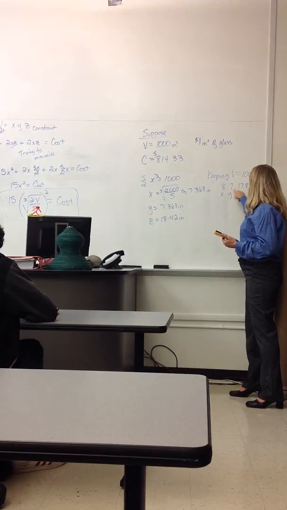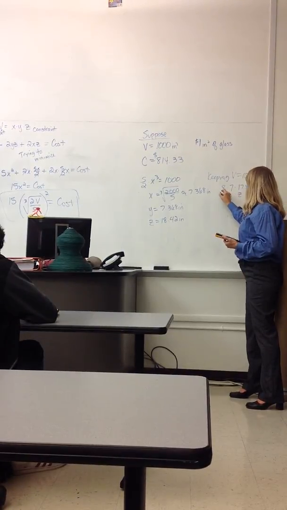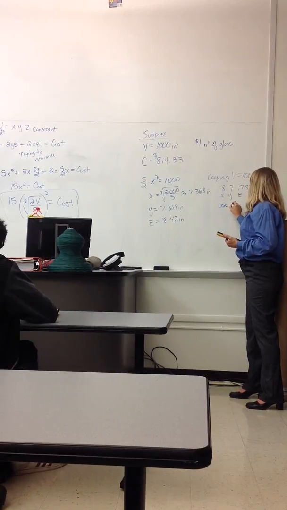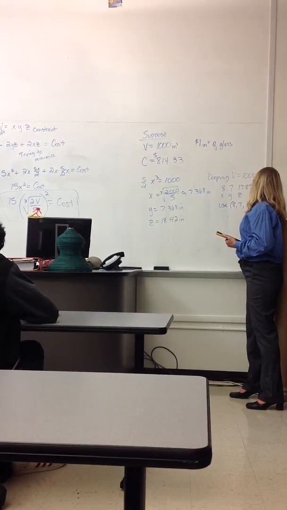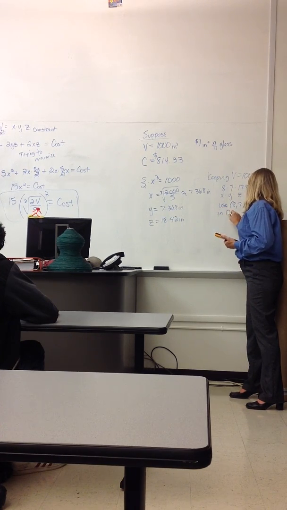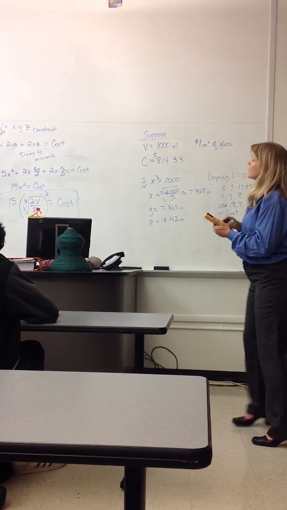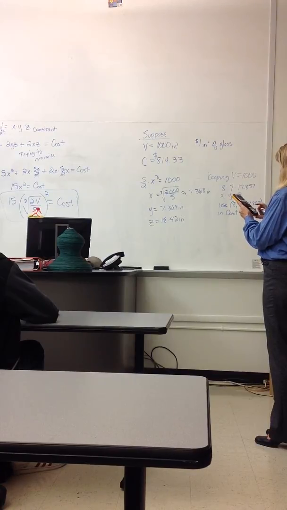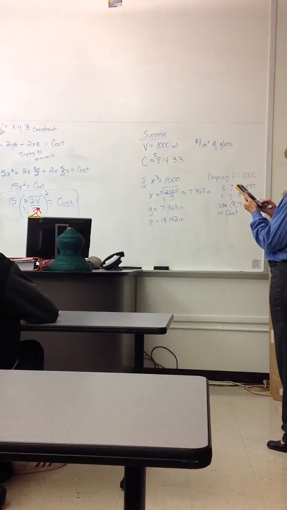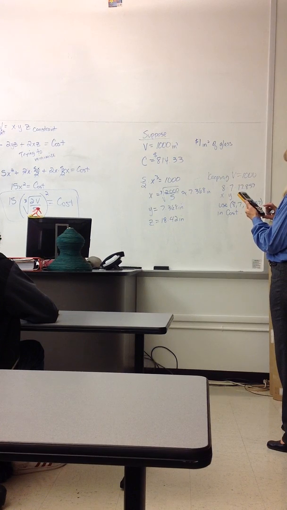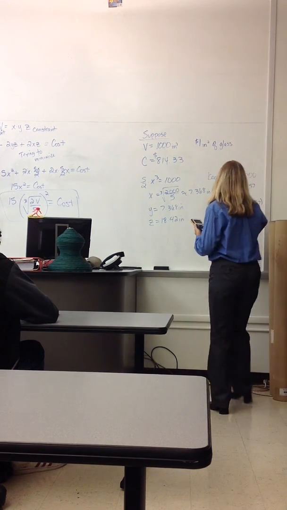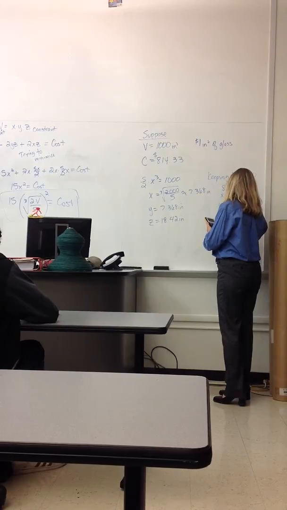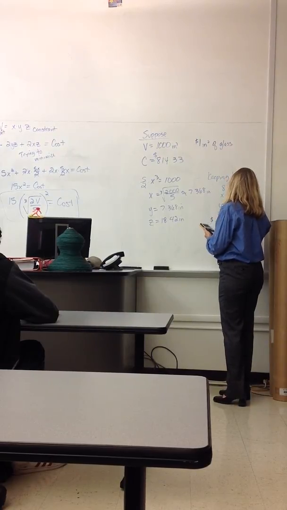So now use these in the cost. Okay, use 8, 7, 17.857 in the cost function and see what we get. Go back to our cost, so 5 times 8 times 7 plus 2 times 8 times 17.857. And I get $851.42, which is higher